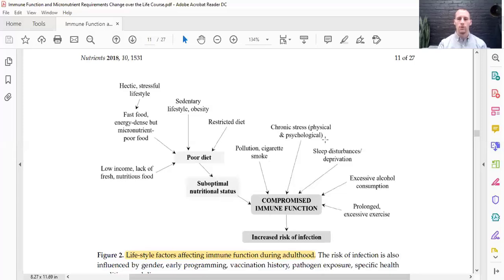Other things are over here on the right side. So pollution, maybe living in a big city, cigarette smoke, whether it's firsthand or secondhand, chronic stress, whether it be from a job or work or maybe unemployment during this time, sleep deprivation or sleep disturbances. So if we're not sleeping enough, or if we just have poor quality sleep or irregular sleep, where we're going to bed late, waking up late, we should generally try to stick to a good sleep schedule